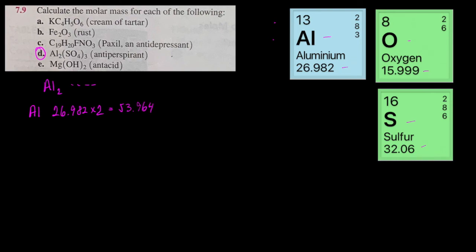And then what we need to do is the next element is sulfur. Now remember that each sulfate has one sulfur because the subscript is not shown there. And we have a 3 outside the parentheses. So we have 3 sulfates. Each sulfate has 1. So the way we figure out how many sulfur atoms there are in this formula is, if I can do the math right, multiply the subscripts there. So sulfur is 32.06, and we multiply that by 3, and that gives us